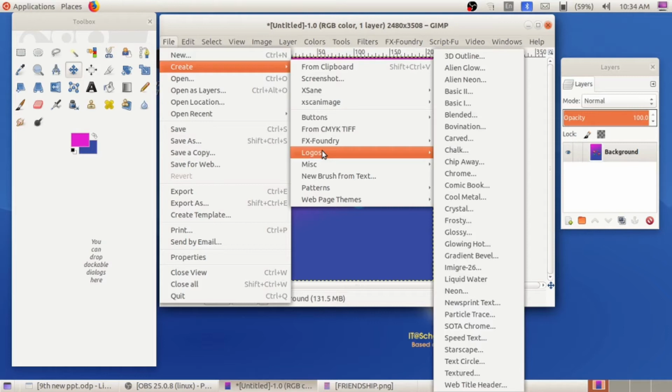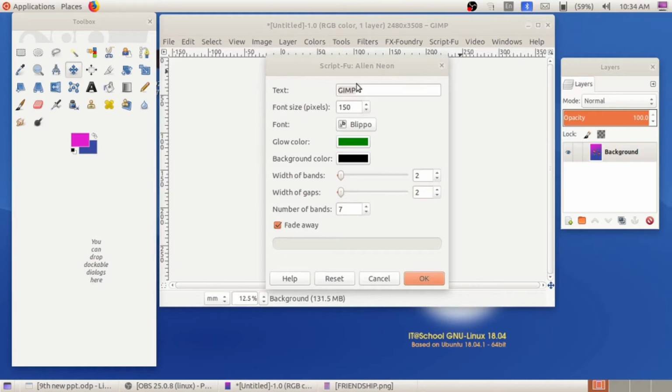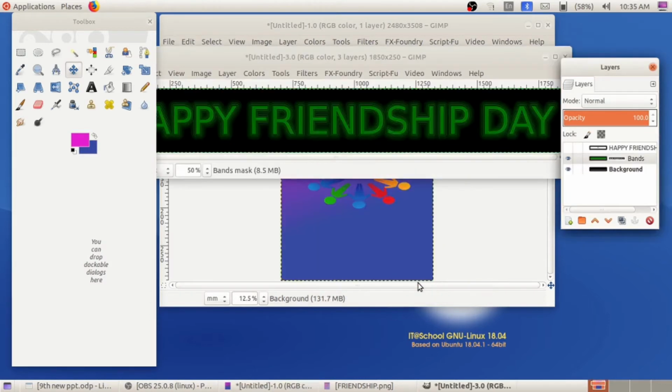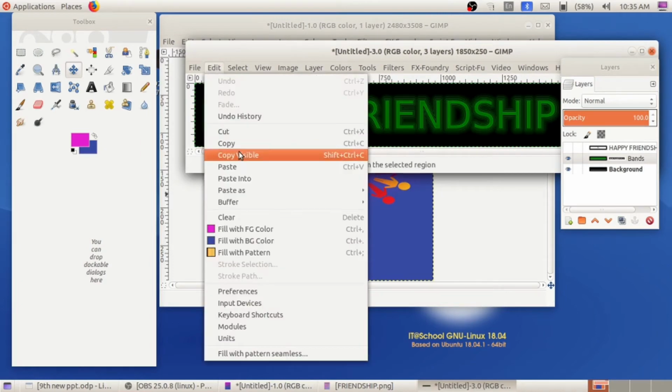File, Create Logos. Here select logo Alien Neon. I have selected the logo Alien Neon. Then in the text box, type the corresponding text. Then click on OK. So here you can see the corresponding logo. We can copy this logo. Use copy visible facility.